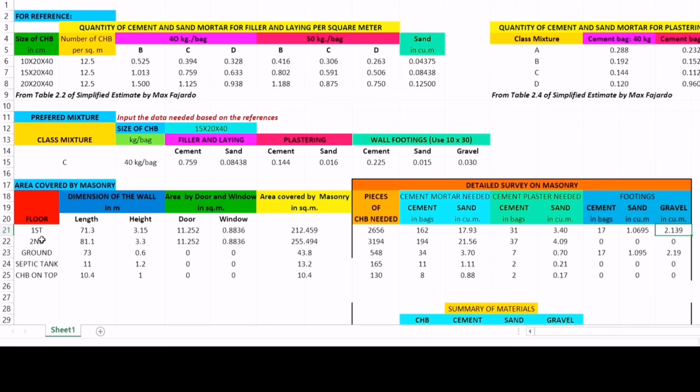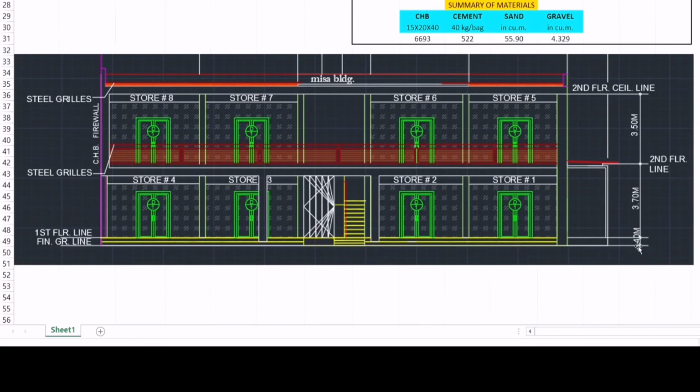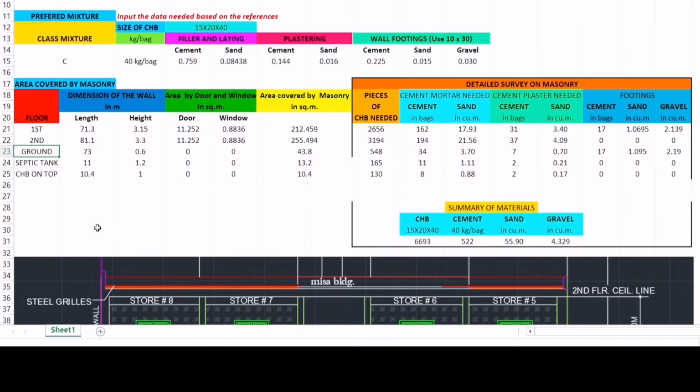And then we just repeat all those formulas for the ground floor. Here is our ground floor, before the first floor line and the finishing of the ground line. It has a height of 0.6 meters. And then we also need to calculate the masonry works of the septic tank, as well as the hollow blocks on top, which is this one. So in total, we just need to add all the pieces of hollow blocks, which equals